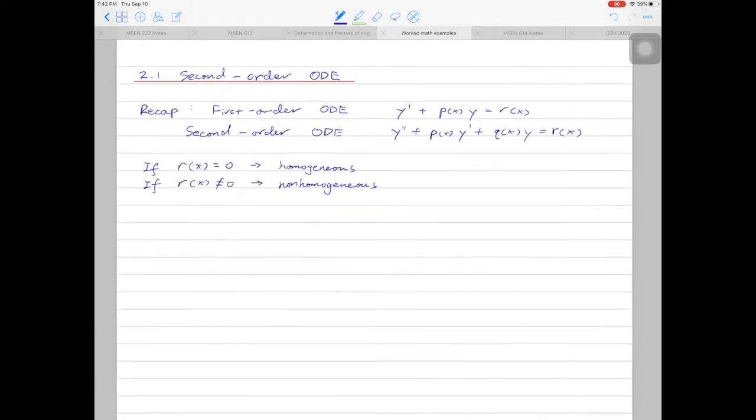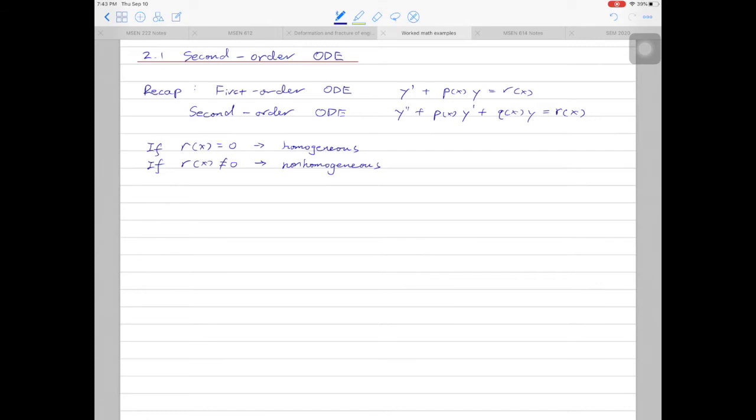Let's look at a special example of a second-order ODE in a very simple format: y'' + y = 0. If we compare this format to the general form of a second-order ODE, p(x) is equal to 0. Sorry, I made a mistake in my written note. Then q(x) is equal to 1 and r(x) is equal to 0. You need to show that y equals cos x and y equals sin x